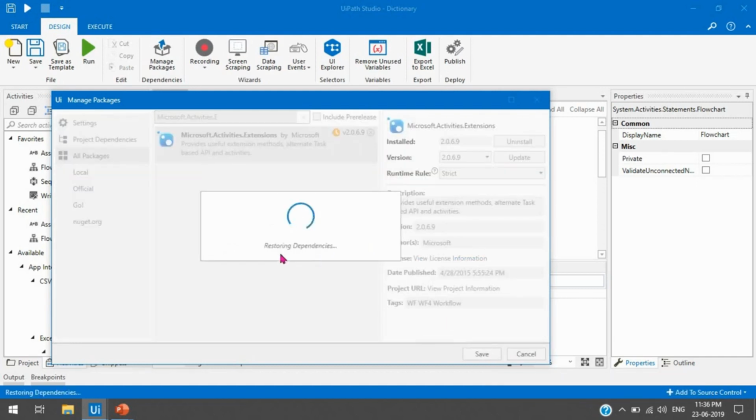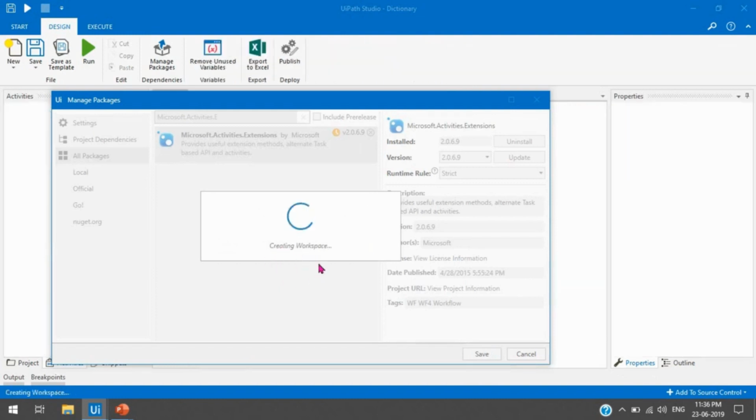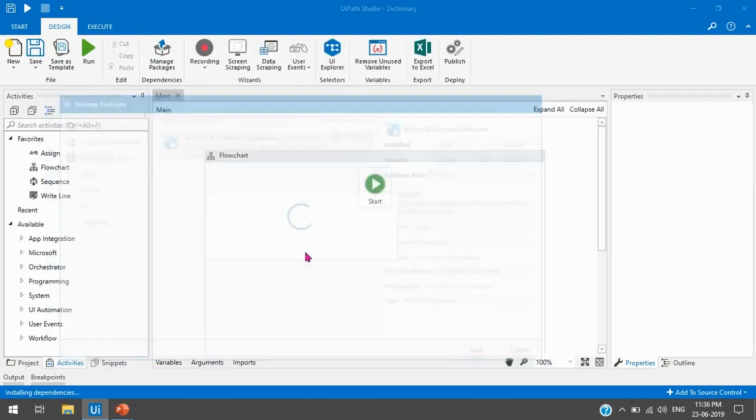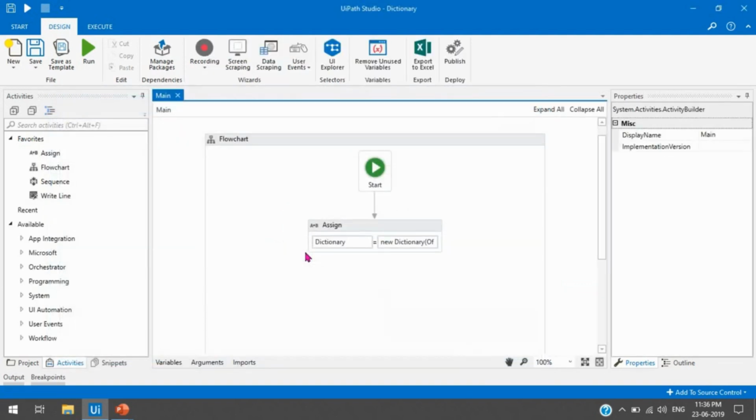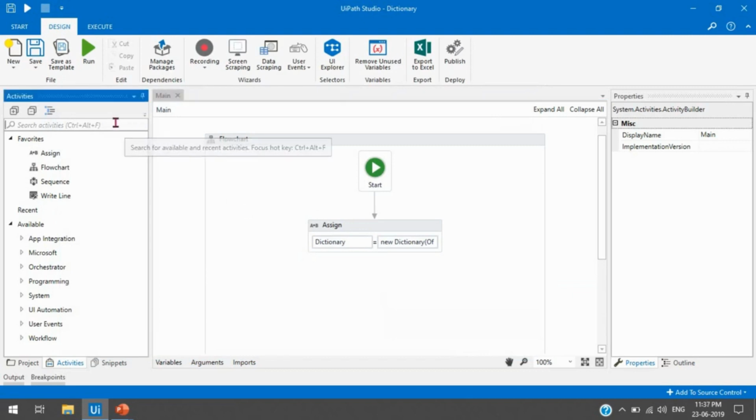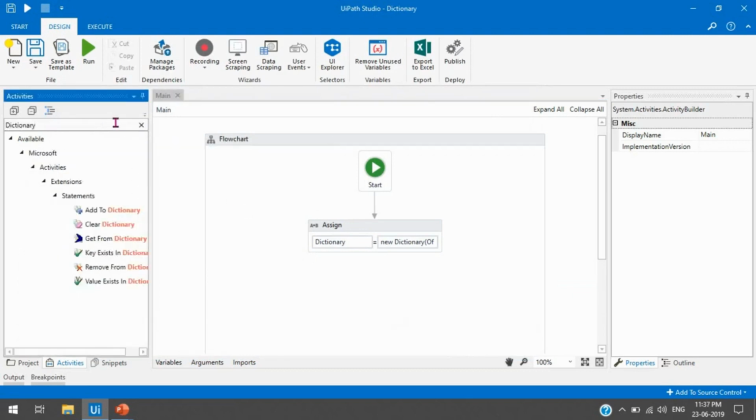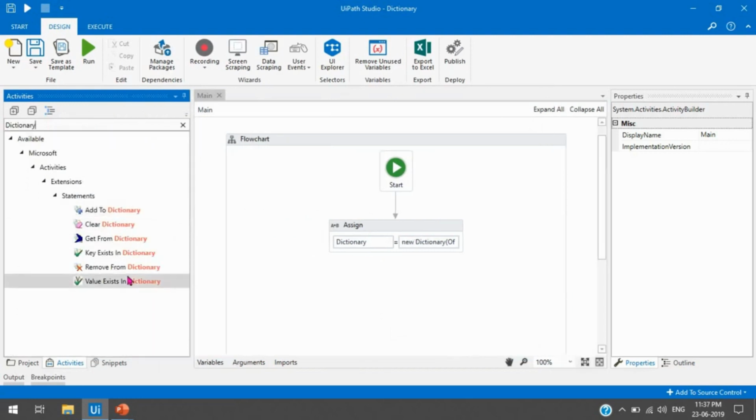Once it reloads all the dependencies, it will add this, and then we'll be able to use the dictionary activities. Now you can see all these activities available here: Add to Dictionary, Clear Dictionary, all these things. This is under the Microsoft Activities Extension.